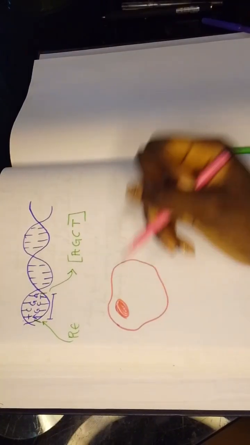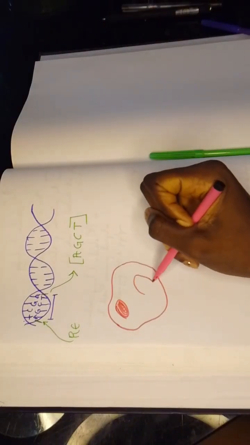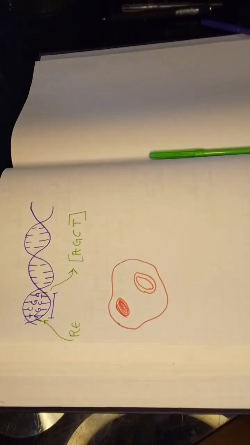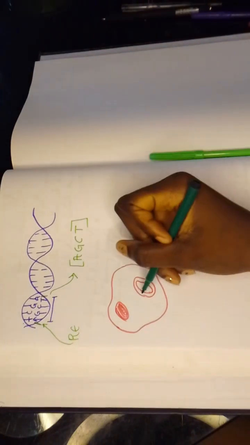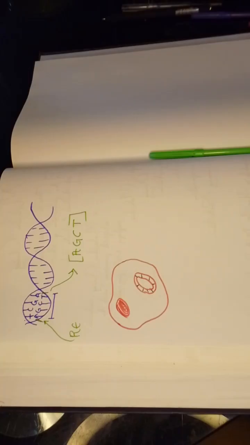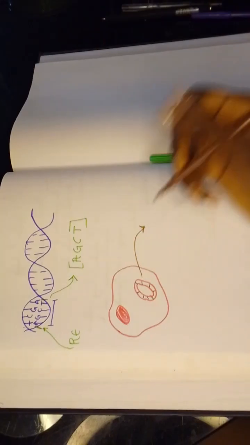This is the normal nucleus of the bacteria, and then this is the plasmid. The plasmid is a circular nuclear material that is separate from the nuclear material that controls the bacteria. So we isolate this plasmid, bring it out,